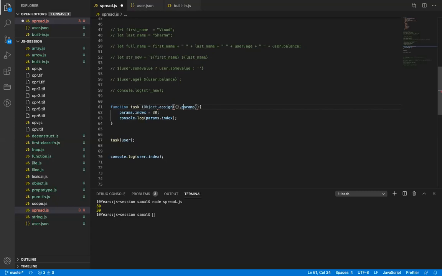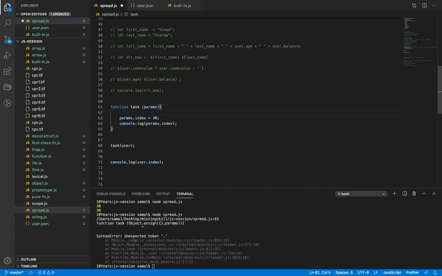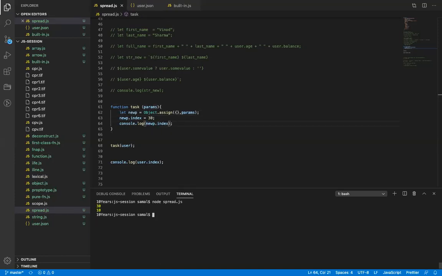It cannot be used within the function like this, so I have to use it inside. Something like this. Now let's see the value. You see the difference, right?